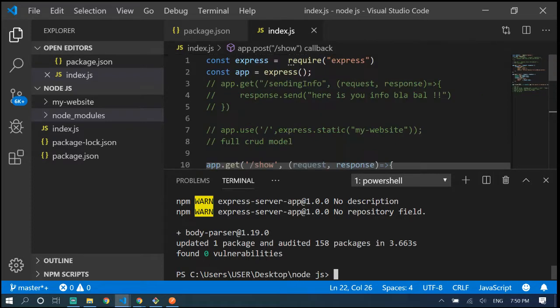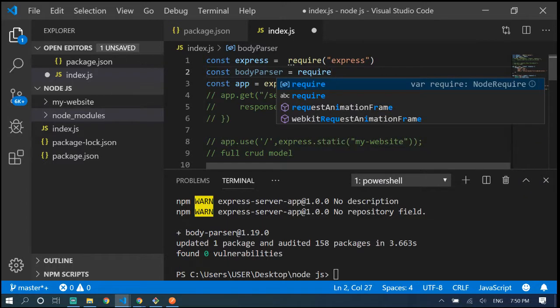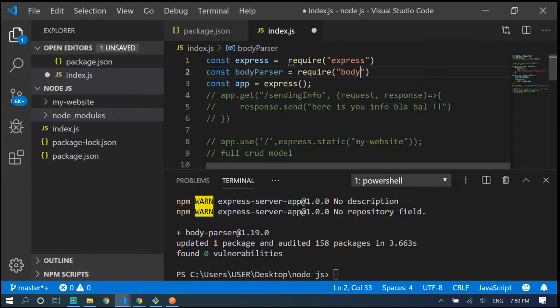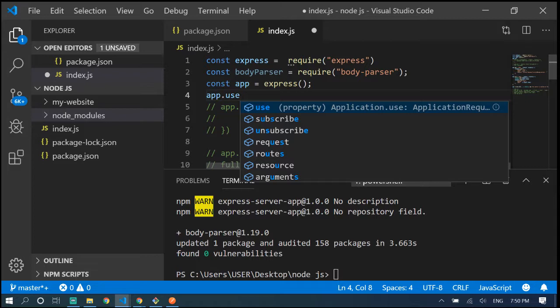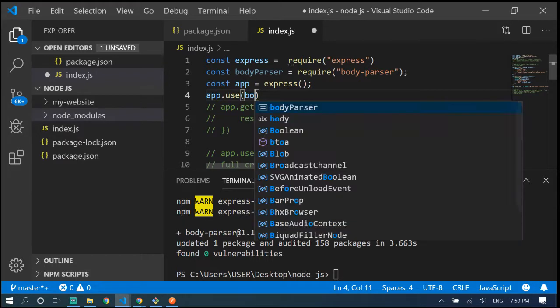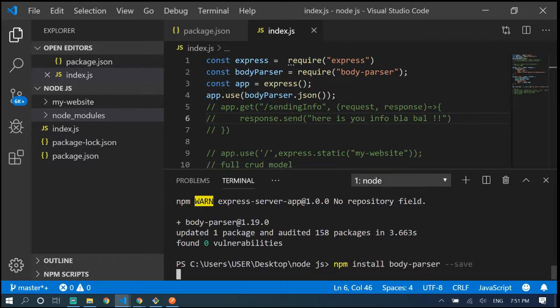I have to add it. I have to go to the top, and I have to say const bodyParser equal to require body-parser. Okay, and then I have to add this line of code. I have to say app.use bodyParser.json, and I have to invoke it. So if I save it right now, and run our server again,